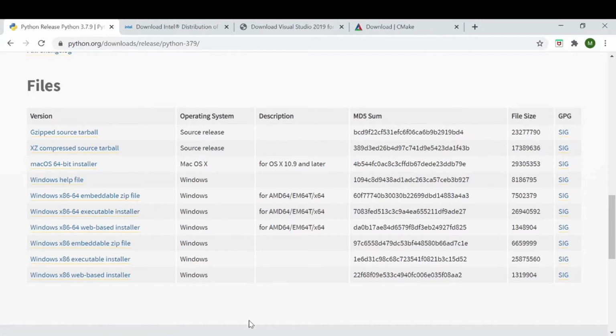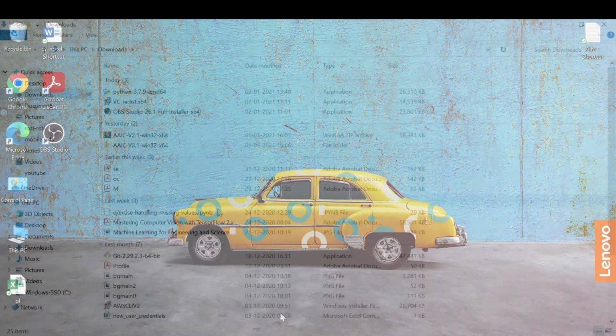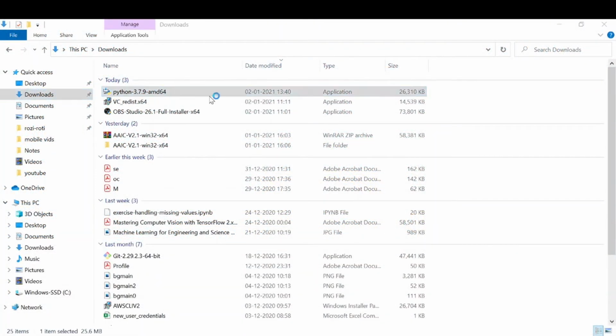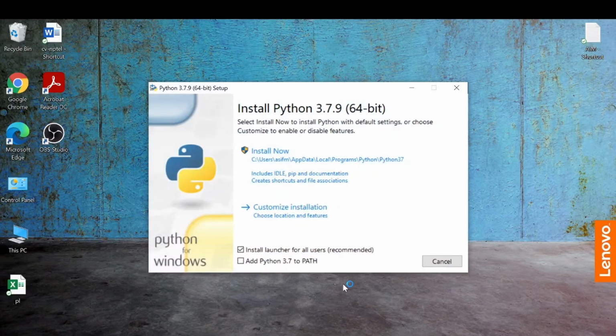Once downloaded, you need to run the executable file. You need to first add Python 3.7 to the path, and then you need to click on install now.